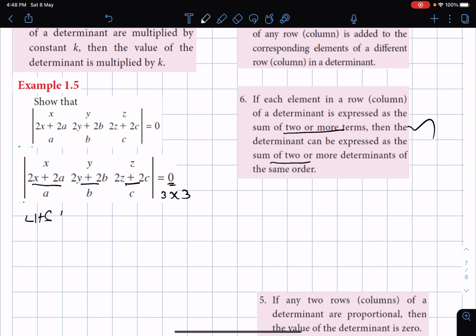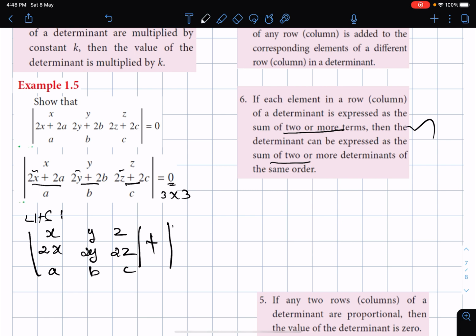The first one is going to be x, y, z, and in the second row we take 2x, 2y and 2z, and the third row remains the same. Now the second determinant, again the first row is as it is. In the second row you take this alone, 2a, 2b and 2c, and the third row remains the same.